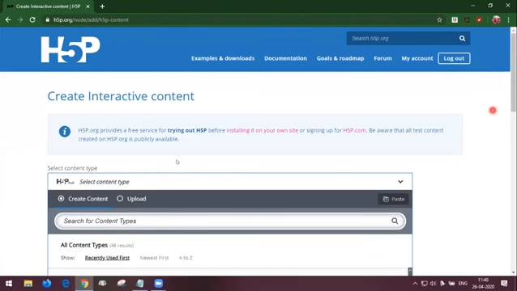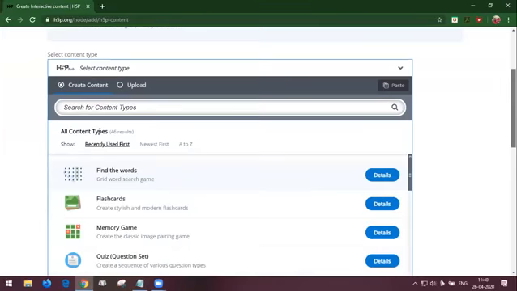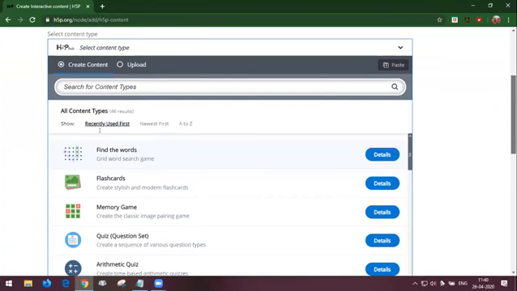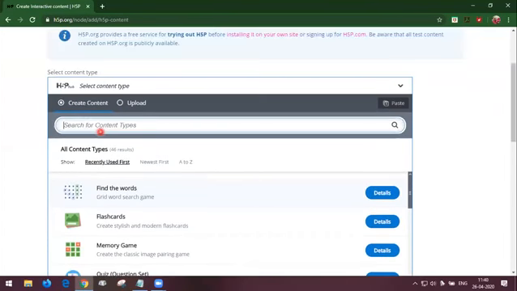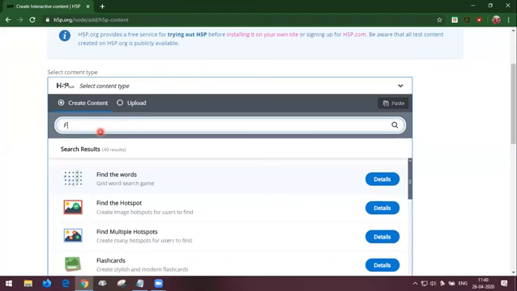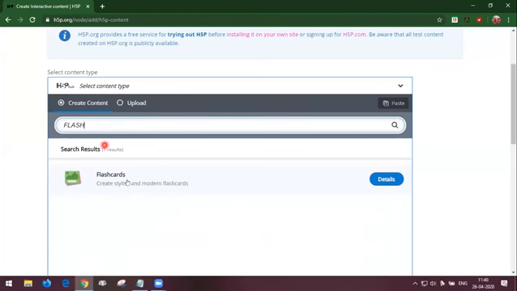So again, we are going to the search bar, and now the content we are going to learn is flashcard. So I'm typing FLASH. I'm getting only one relevant search, flashcard. Create stylish and modern flashcards. What is the difference between the traditional flashcard and this modern flashcard is the student will be interacting with his own hands.